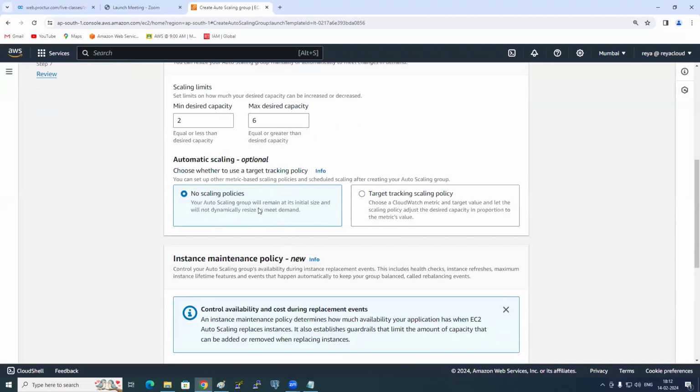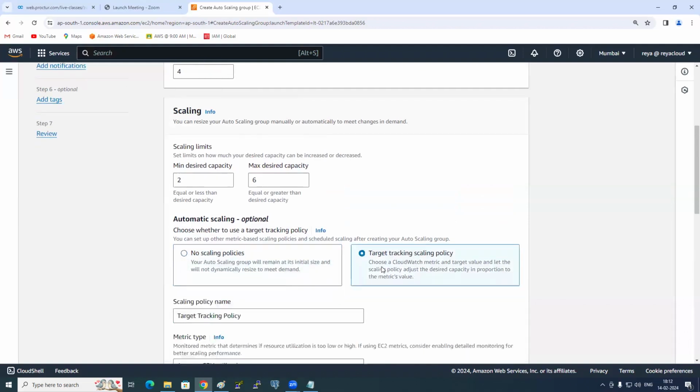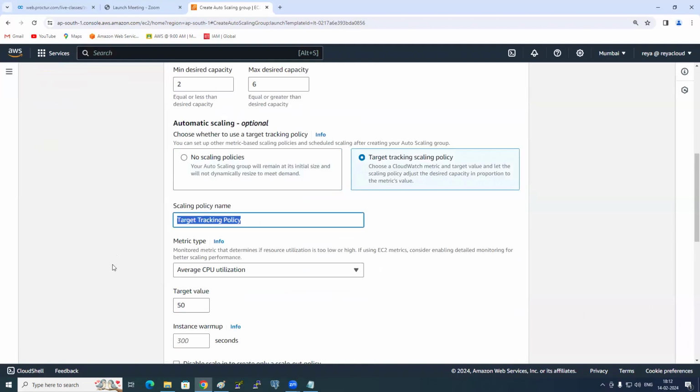Okay. Now coming to this. No scaling policies. Do you want a scaling policy? You want it, right? If you say no scaling policies, scale out and scale in will not happen. It will always be 4. But we need it, right? For that reason, here we need to select target tracking scaling policy. Okay. Give the name.